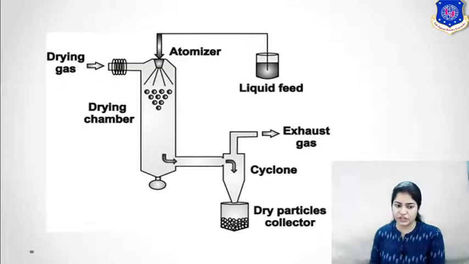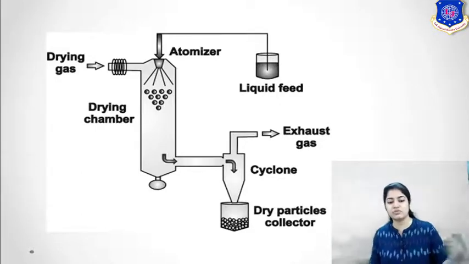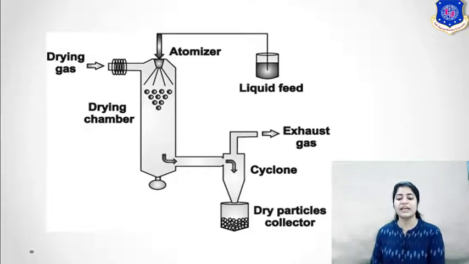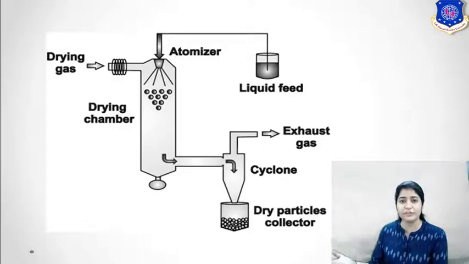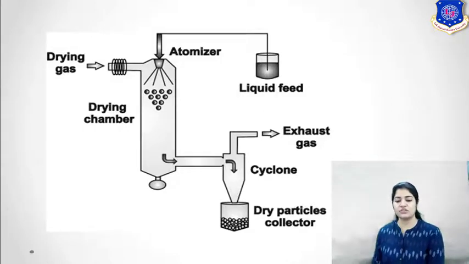In a large drying chamber, you are atomizing your liquid feed in the form of very small particles. Now the drying gas is passed through your drying chamber. You can see the heating through heating coils. Through a heater, you are blowing your air. So the use of the blower is to blow the air through this heating coil. Now from the bottom of it, in a cyclone separator you are getting your dried product. From the top of the cyclone separator you get your exhaust gas, and in the bottom you collect your dry particles. So this way your spray dryer works.